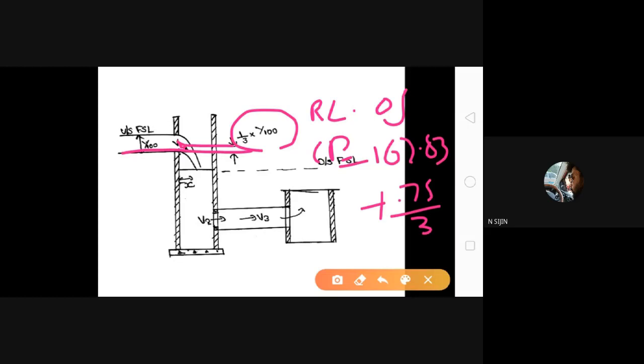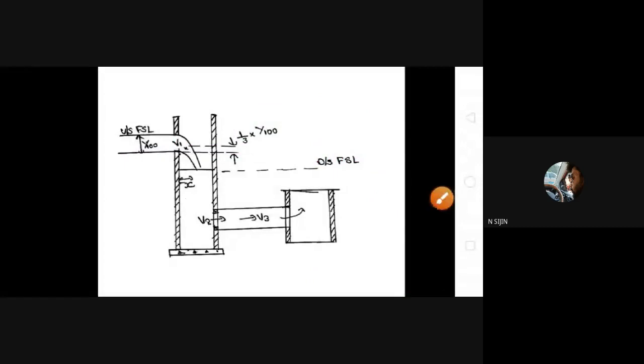Next we need to determine the height of center of pressure above water level in the inlet well. Okay, that means we need to determine the